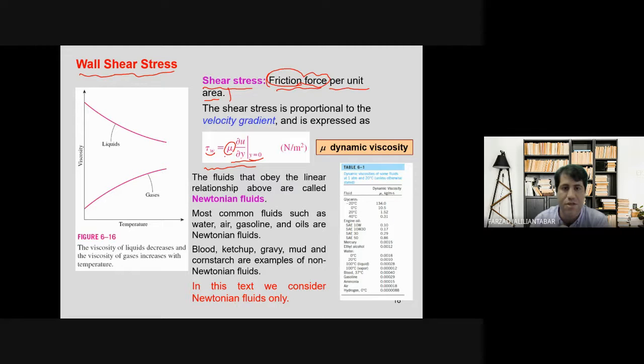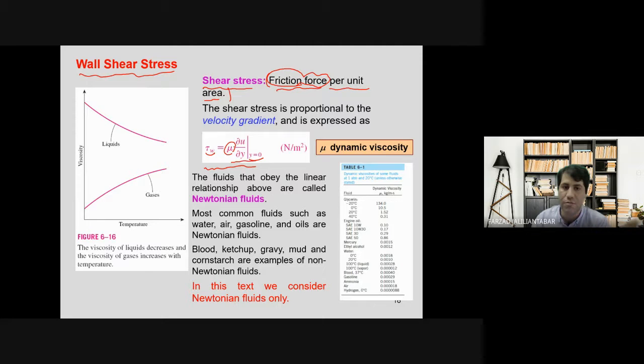So you can see here why shear stress is important. Because for forced convection heat transfer, we need to have a pump or a fan. So the shear stress is important to select the appropriate power for the pump or fan. And based on your knowledge from fluid mechanics, you may know that we have two types of fluids, Newtonian and non-Newtonian